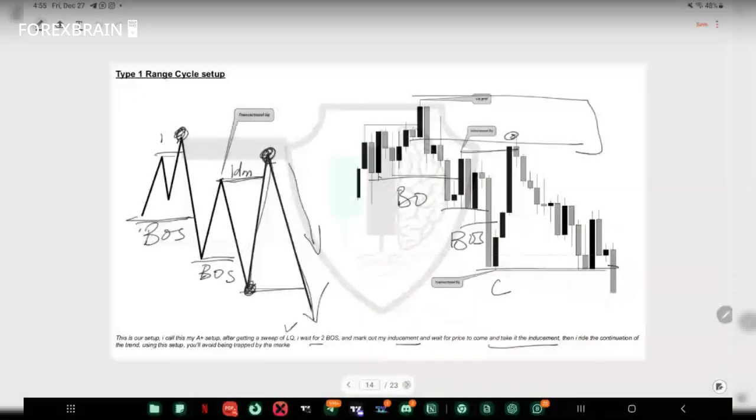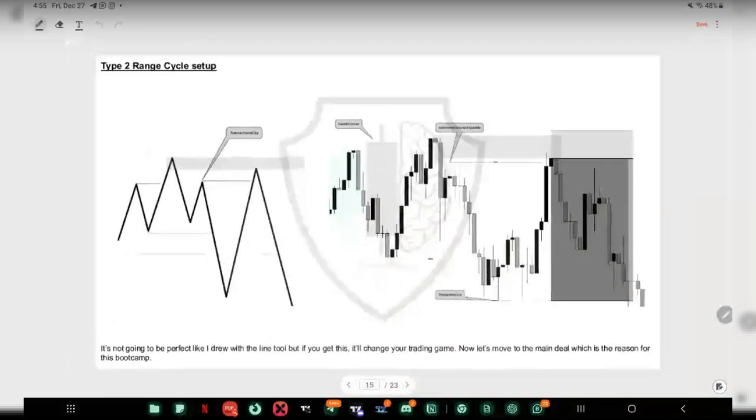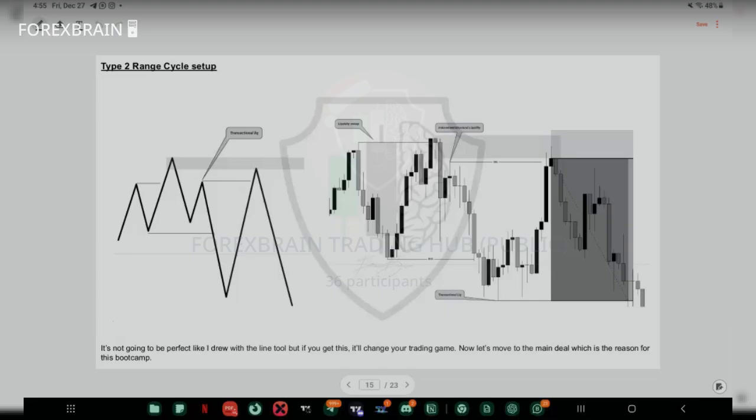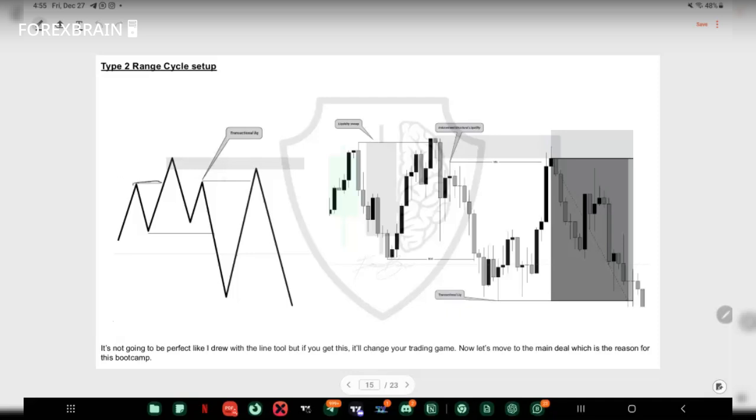So this is the next thing. For the type 2 setup, we have this type 1, a sweep of liquidity. Very, very important, making this I a protected guy. Then a break. Before the break, we don't necessarily need to have 2 breaks. We just need what? A pullback before breaking structure. So this is just like a single break. So the I of this guy is what will act as inducement liquidity or internal liquidity.